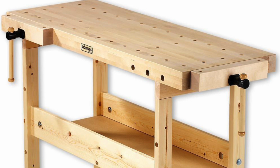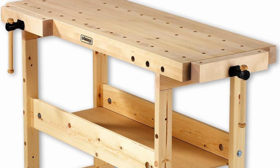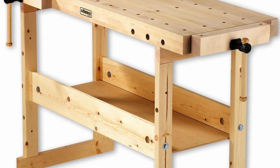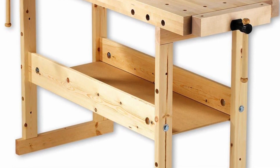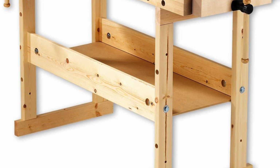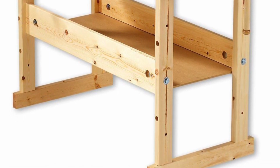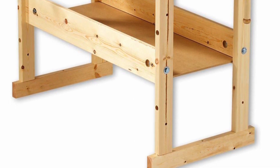Now in the UK, there seemed to be quite a limited selection of small woodworking benches available within my price bracket. A couple of own brand benches appeared to be basically the same thing, but the one that did stand out head and shoulders above everything else in terms of recommendations from various forums was the Sjobergs range. Now a lot of these obviously go up to £2,000 or more, but the one that stood out for me within my price bracket was the Nordic Plus, which is basically an upgrade and rebrand of their earlier craft system,